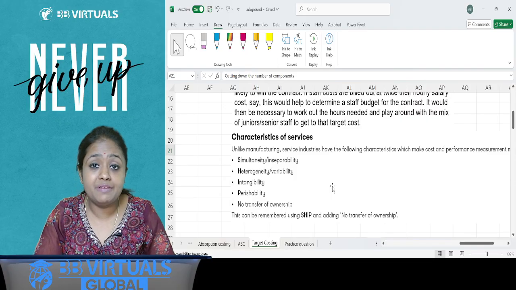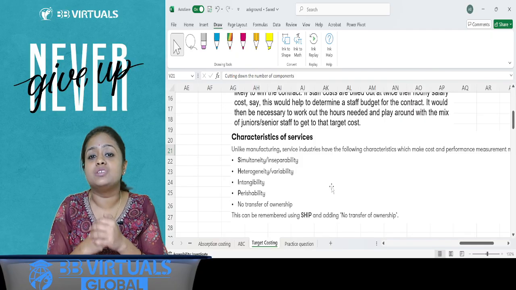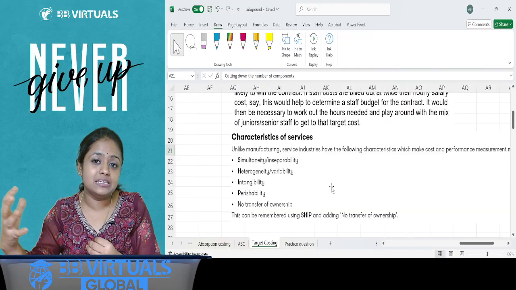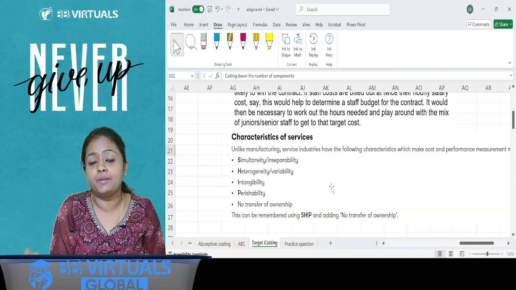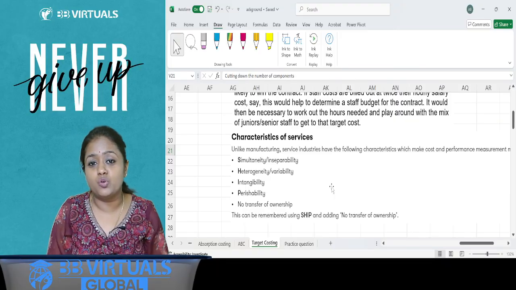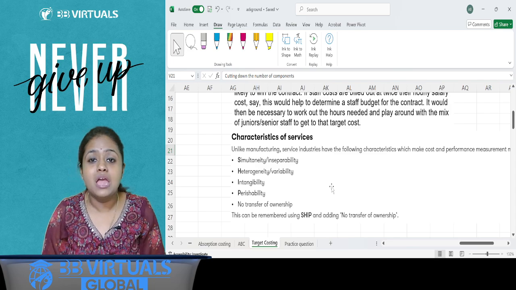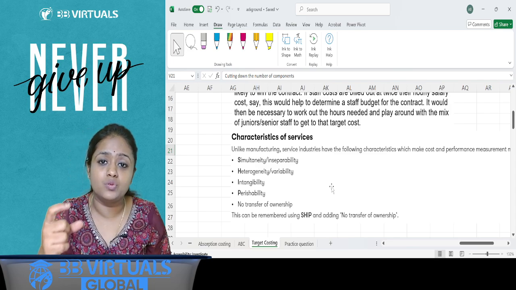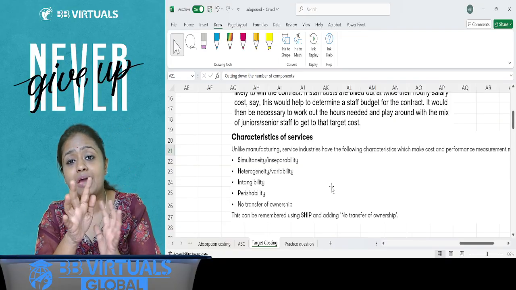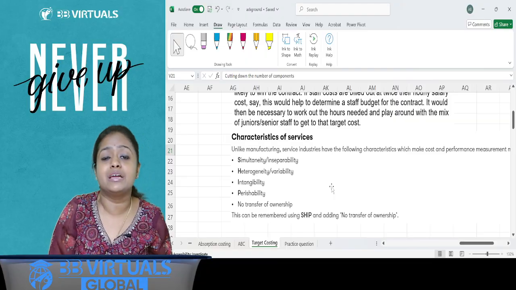Even when the pricing we do, even when the billings that we raise to the people, we do it differently. Sometimes we have a different mix of senior and junior, sometimes only seniors, sometimes only juniors. Like for example, when we do audits in a Big Four, you all know that the juniors do the work, then managers review, then senior managers review, then partners review. And for the partner, let's say time allocated is only 30 minutes and he cannot take 1 hour. But for some assignments, he will have time allocated even 1 hour. So that would always depend upon the kind of service that is being rendered.